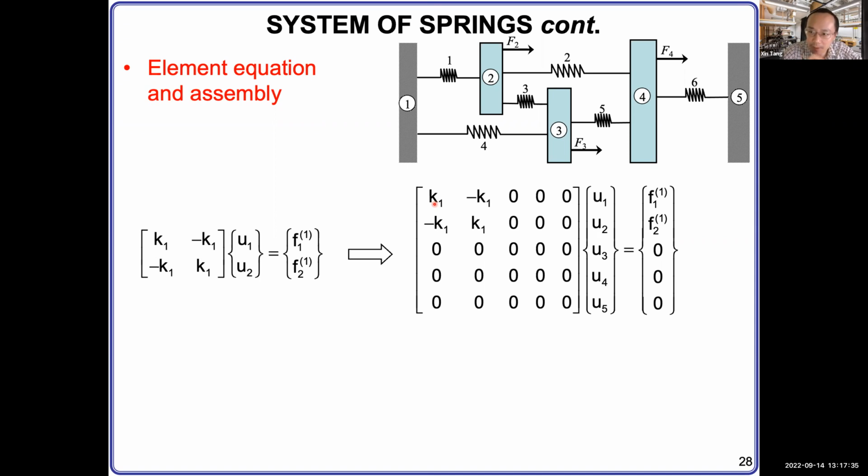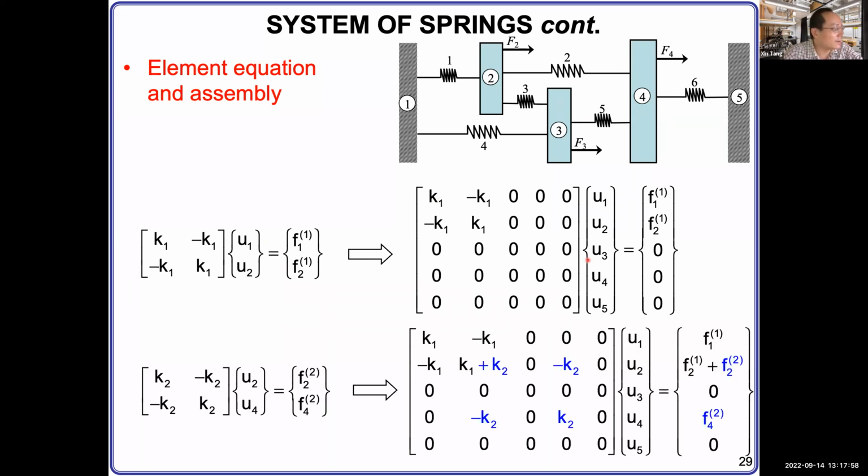I want to make sure this is super clear, so you have no trouble understanding how to do it. After my explanation, it's better you repeat it once by hand yourself, and then check with the solution in the slides. Now this is for element number 1, and we put it into this equation. We can do the same thing for element number 2. Element number 2, spring number 2, is connected to node 2 and node 4. Then you write this equation, right? Make sure all the notation has no mistakes, and then you add this into the equation.